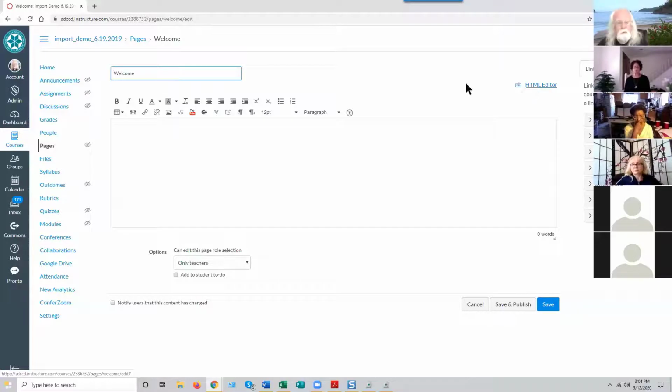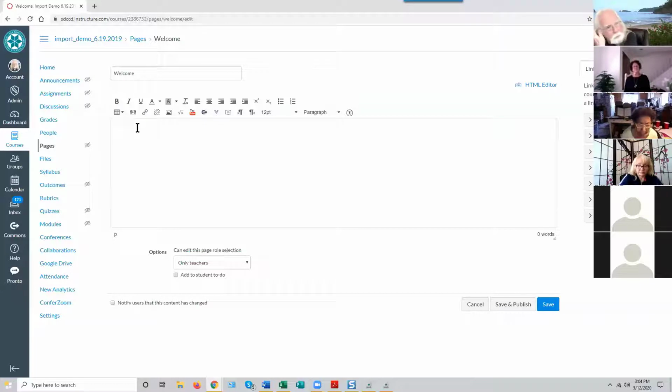But for the rest of us, we're just going to create something that feels a lot like a Word document that conveys information to our students in several different forms, and then will be stored on Canvas and served up by Canvas when a student clicks on a link to it in a module. So what can we put in here? Well, we can